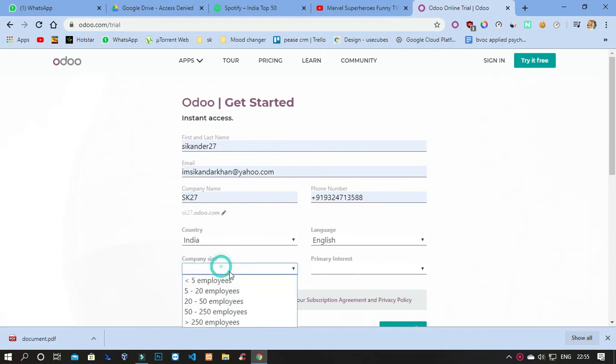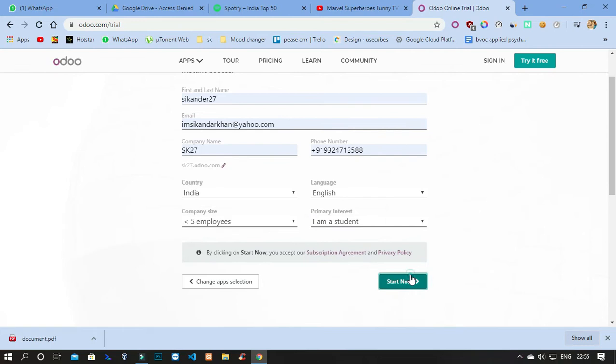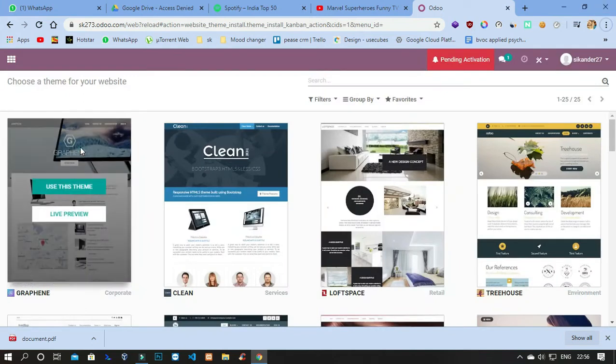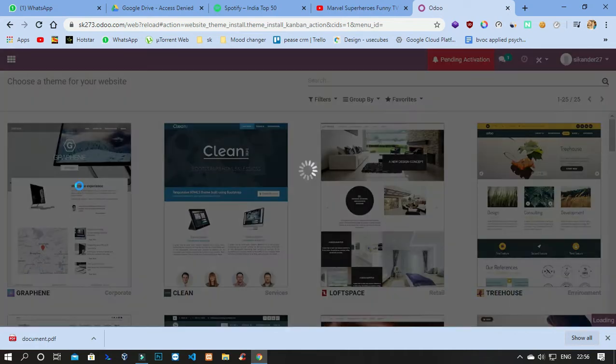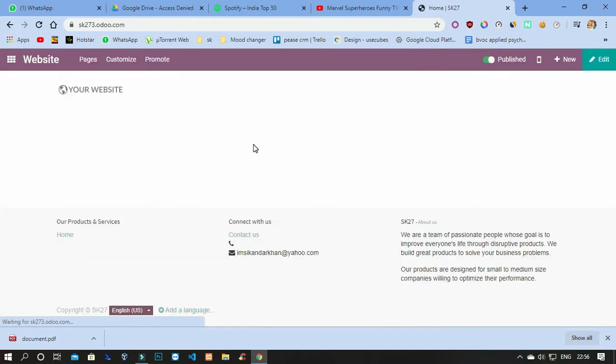Okay, now after selecting all the modules, we have to go to so now select any theme. Okay, now select any one theme from here. See, sometimes okay, now we will go to